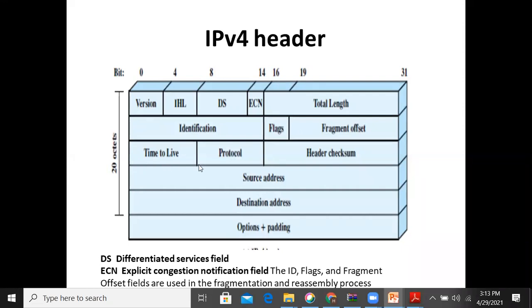And time to live. How much time are we giving for this particular packet? Once you transmit the packet, it has to be delivered within some units of time. So the age you are mentioning is how many units of time it should be active. If it is delayed, the receiver will indicate to the sender that it has not received the packet. Then the sender will retransmit the message.